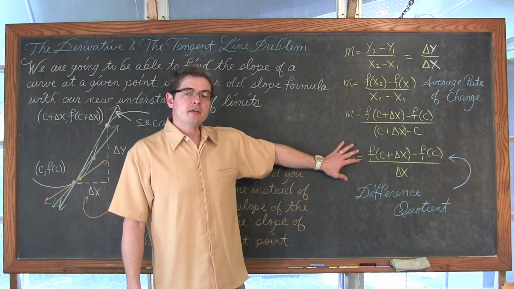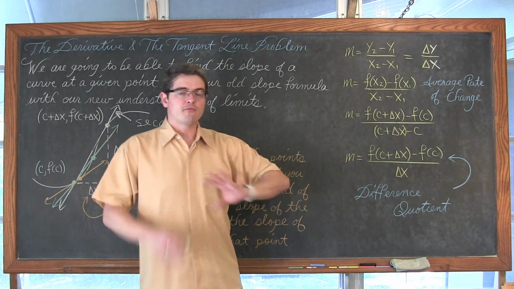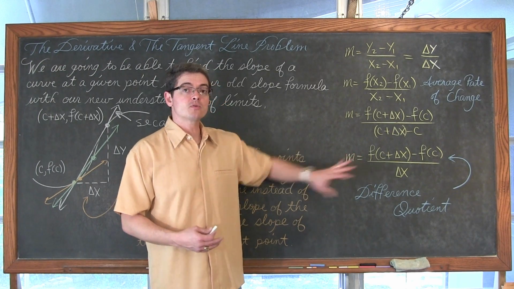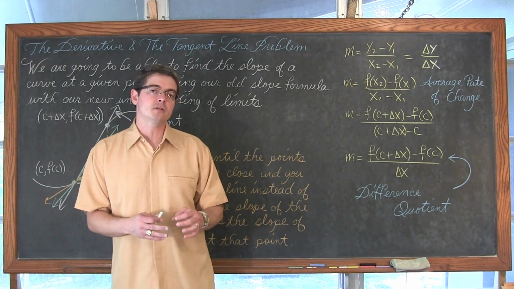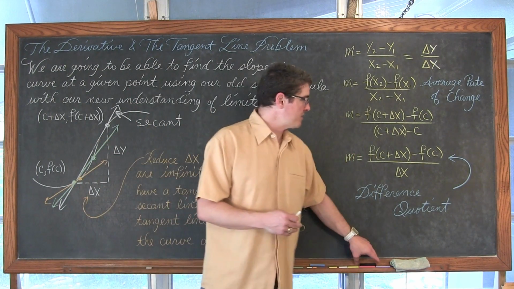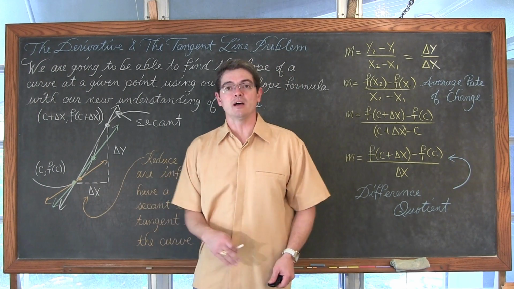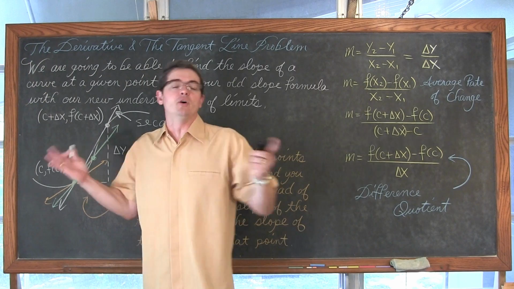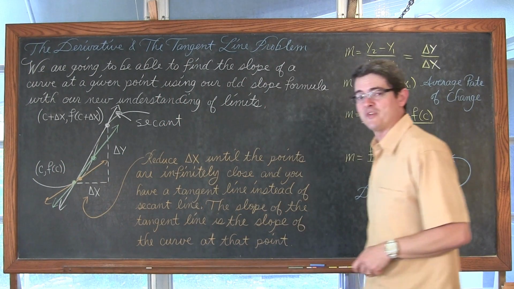So this formula was given in your book not just as a random formula to practice your function notation, but as a precursor to what we're about to learn, which is called the definition of the tangent, or the definition of the slope of the tangent line. We're going to take this old school slope formula, introduce limits, and boom! There's our first main concept of this video.